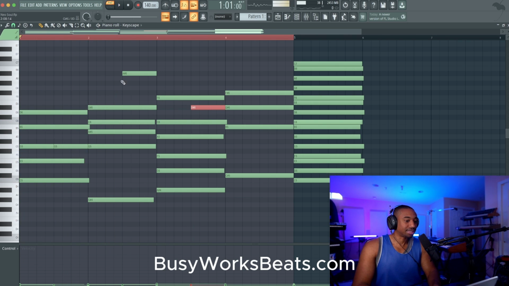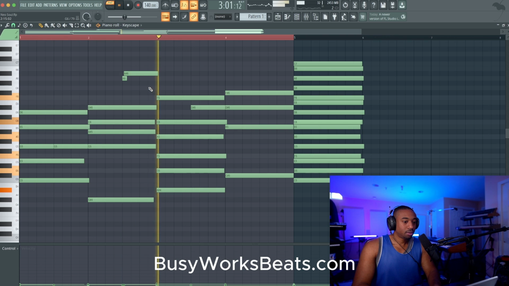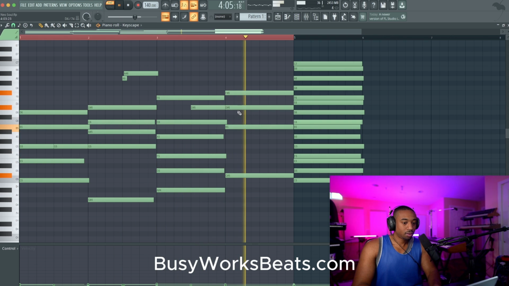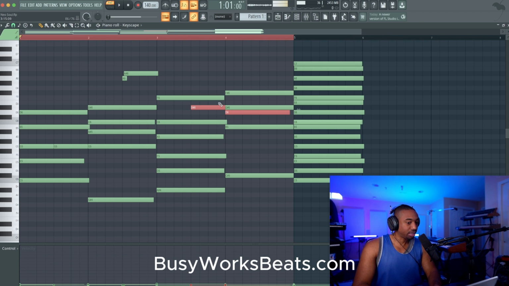Another technique is the slide note, so we can go from one note directly to the note above or below. It's usually one note above or two notes above. Now this half step wants to resolve down, but we already have that note playing, so we have to decide how we're going to resolve that last note.